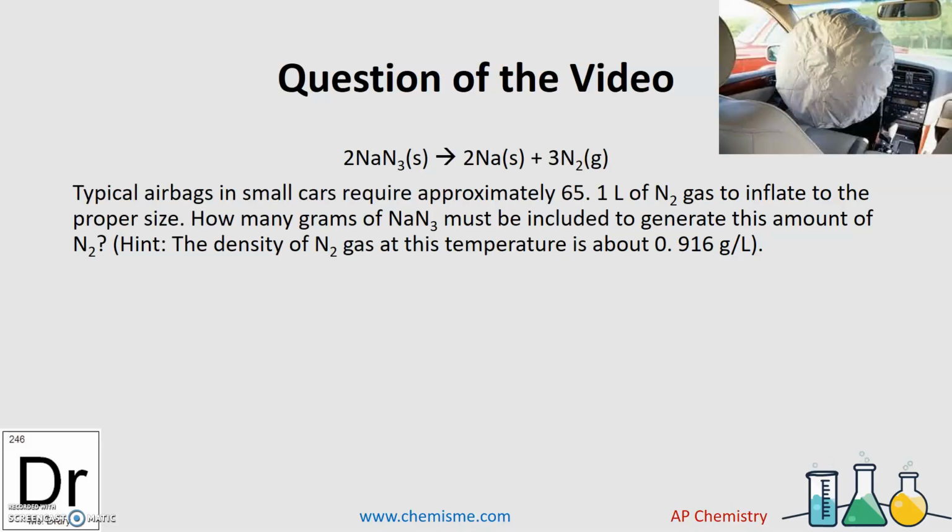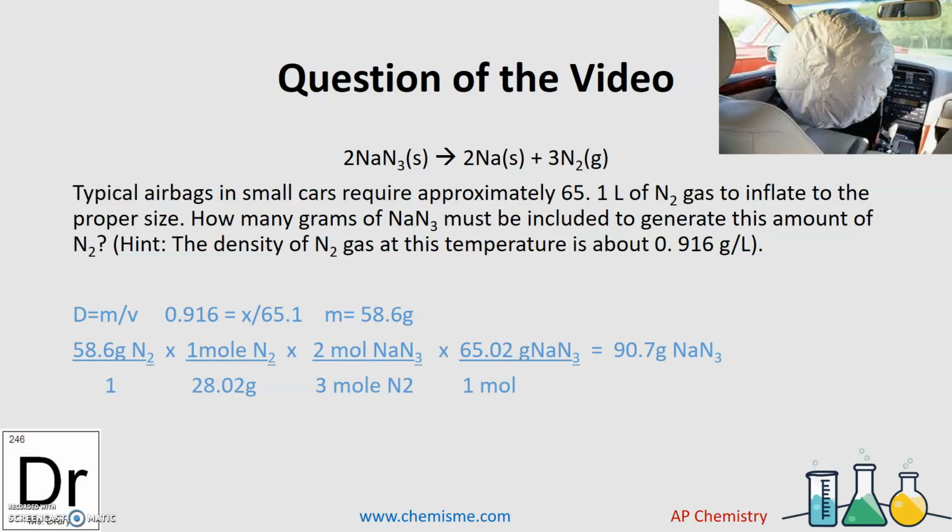So to go back to a question in the video, what we're going to do is start with the 65.1 liters of nitrogen. Since we have no conversion factor from liters to molecules right now, we're going to use the density formula. So if the density is 0.916 and the volume is 65.1, when we cross multiply, we'll get a mass of